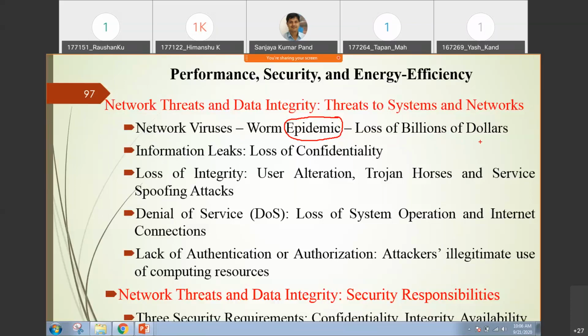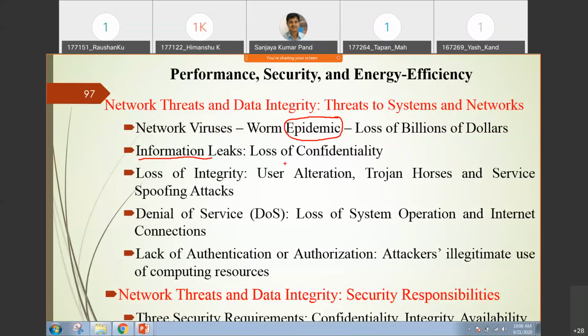Or the data will be encrypted by injecting some kind of virus or worms. At the same time, whatever confidential information you have in your computer system will be leaked. If some unauthorized person is accessing your computer system, there may be confidential data with you that may be leaked. That is called an information leak, which leads to loss of confidentiality. Like a question paper is a confidential one. Before the examination, if it is leaked, we can say that information is leaked. So that paper is no more a valid paper, right?